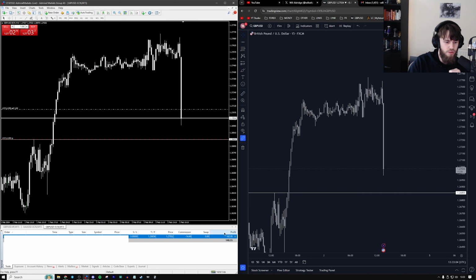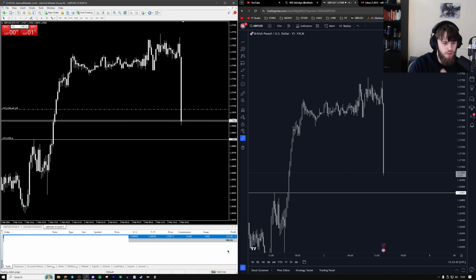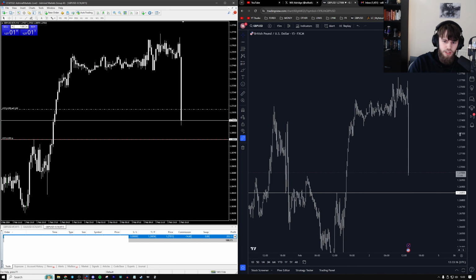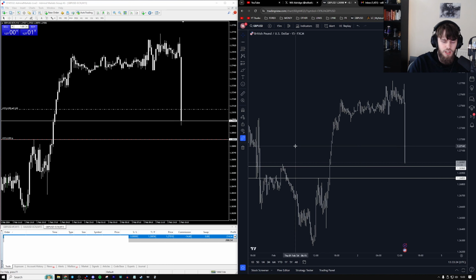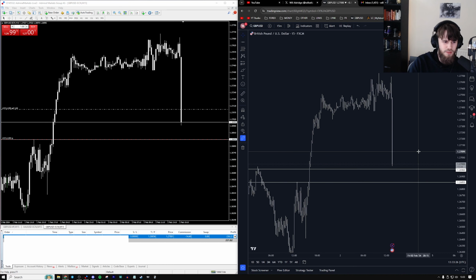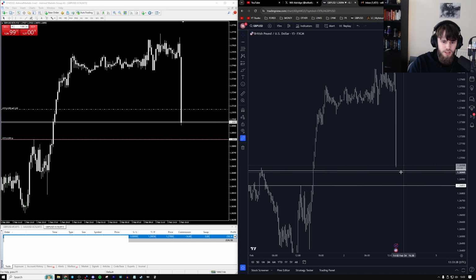So we're up around 140, 160, 190, very nice, over 200. Obviously we're targeting this level for a reason. I see a lot of people trade news and they just enter or exit randomly. This is an area I see price coming down to. We also have this level here which we could see a bit of interference at, but it's kind of like this area in here. If we just move this over,